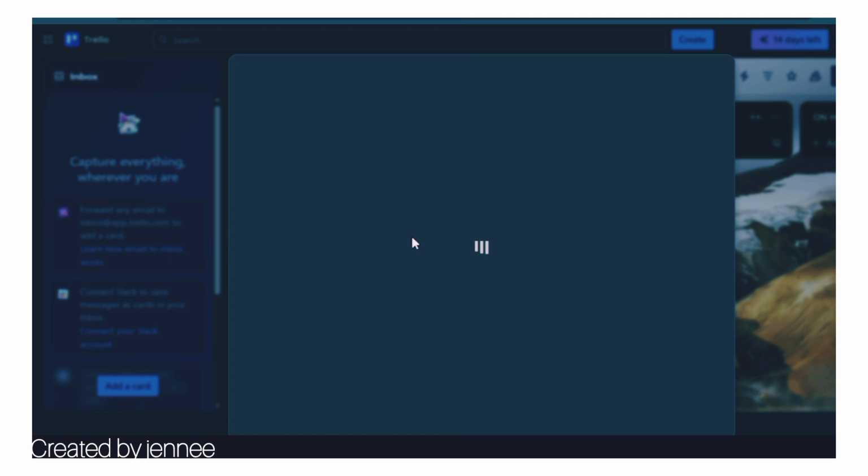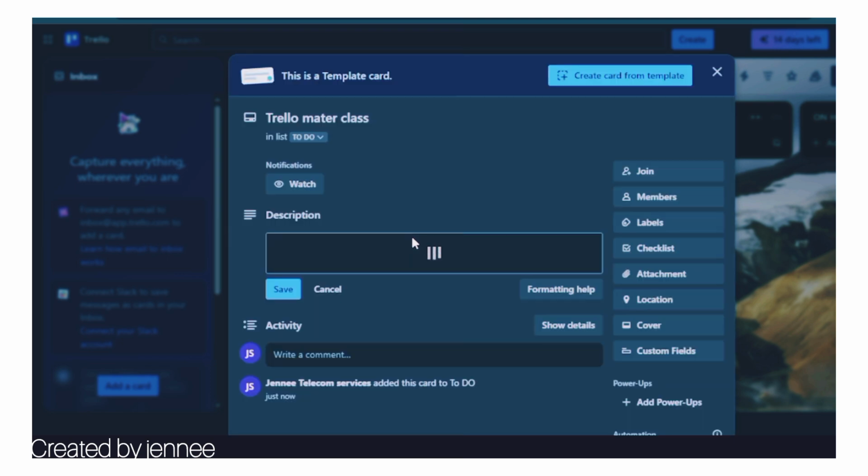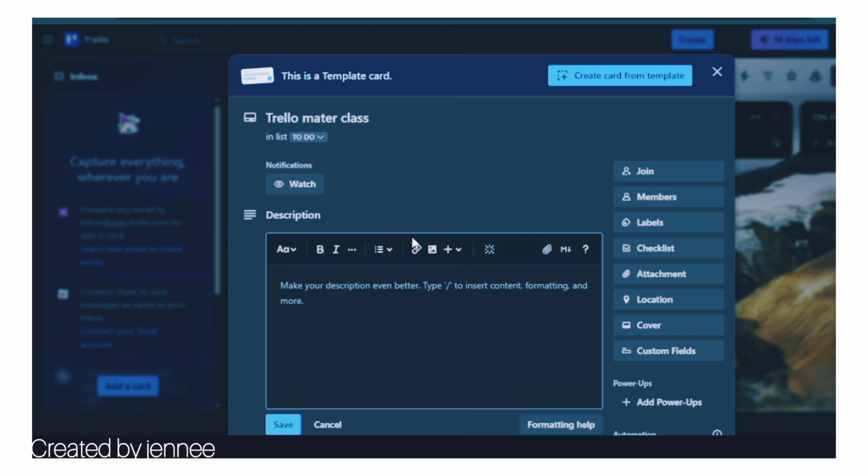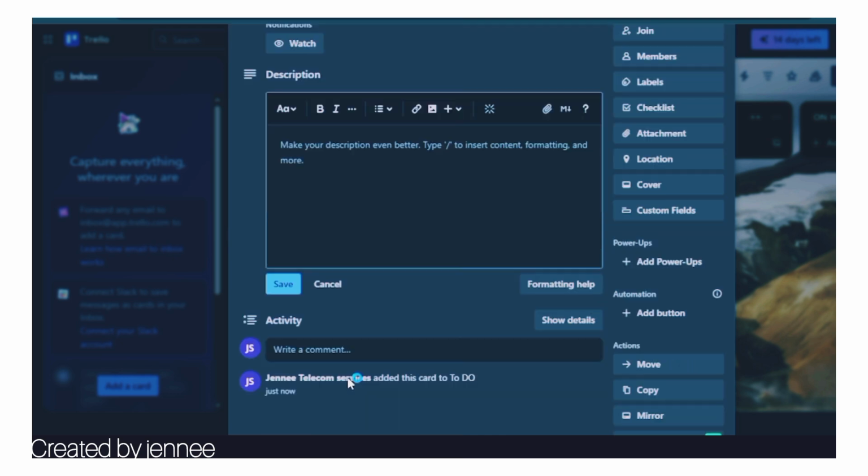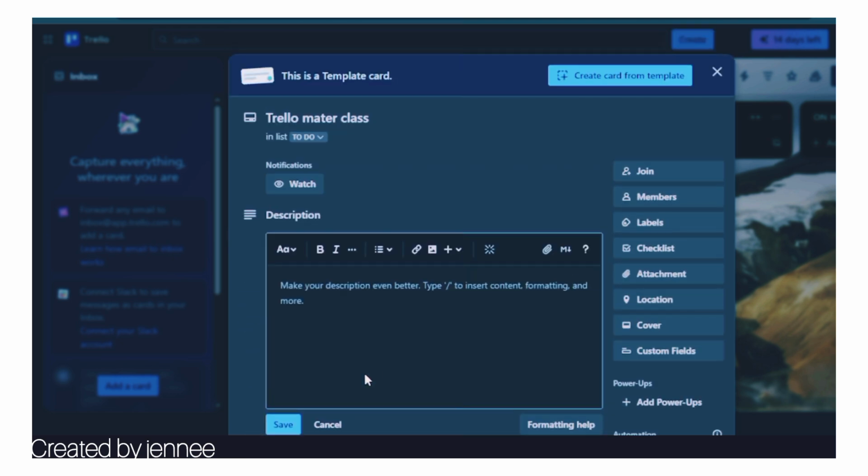Let's see. So you can also see templates. This is a template card. Trello master class. So it can be like this. Your templates can be in any form. It can be like this. So the description can be, oh, I said matter, sorry, it's supposed to be master class. Sorry, master class. Okay, then the description can be,